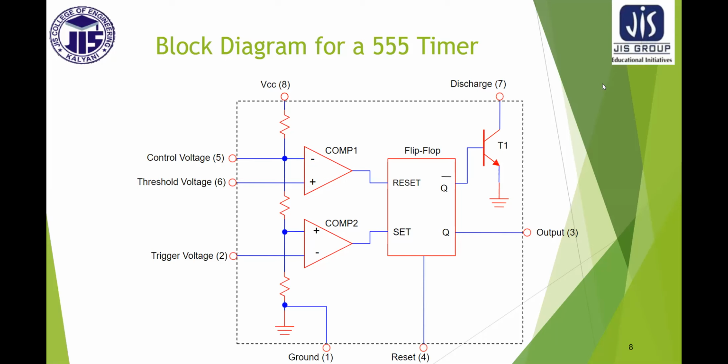Just draw the diagram as it is given over here, and then we will discuss the different parts, the different points. The numbers shown beside the points are the pin numbers of the 555 timer IC. So for the 555 timer IC, pin number one will be grounded, pin number two will be provided trigger voltage, number three will be output, and that's all. That's the way the pin diagram has been decided.